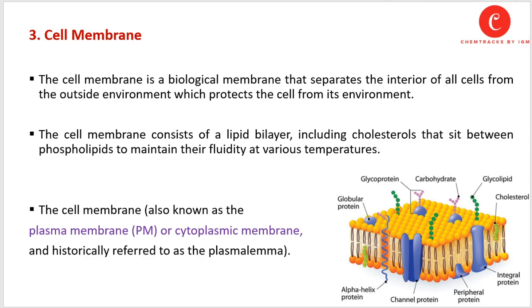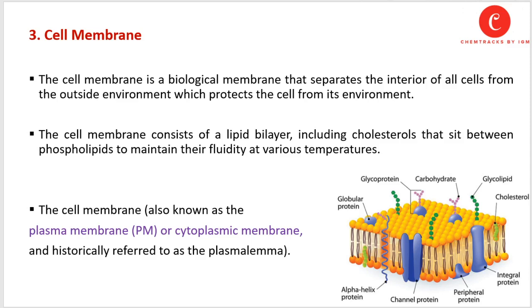There are carbohydrates or glycoproteins present on the inner and outer surface of the cell membrane, but there is some cholesterol or some fat molecules that are embedded between the two layers of the cell membrane. Due to this reason, the structure of the cell membrane is also called the fluid mosaic model, because the fat molecules or cholesterol molecules are embedded between the glycolipids and glycoproteins or carbohydrates.